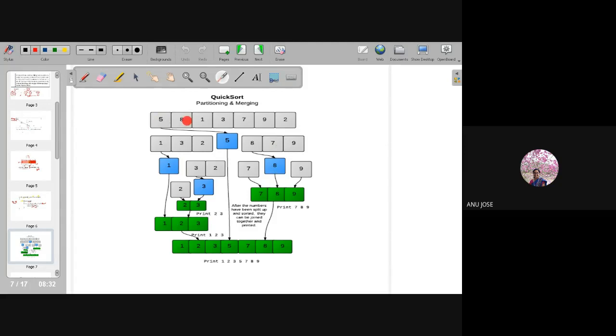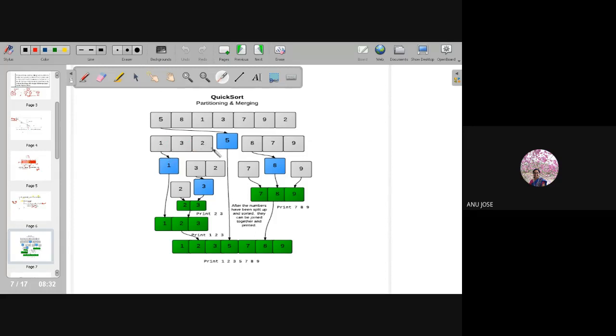You can see the elements there. So what happened? Firstly, I have taken 5 as the element. So 5 I can keep over here. This is the location I found by calling the partition function. Once I find the location for the element 5, the left hand side will be smaller and the right hand side is larger. Again, 1, 3, 2 will be another array. I have to take 1 as my pivot element for this small subarray. I am again sorting this small subarray. So 1 will be the pivot.